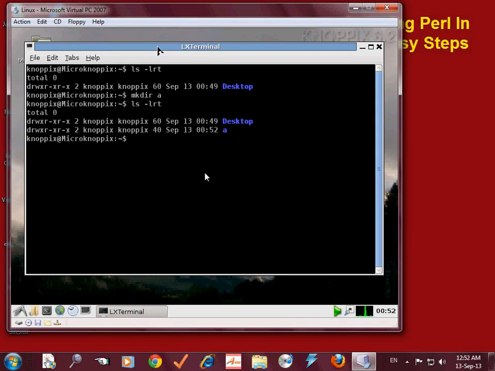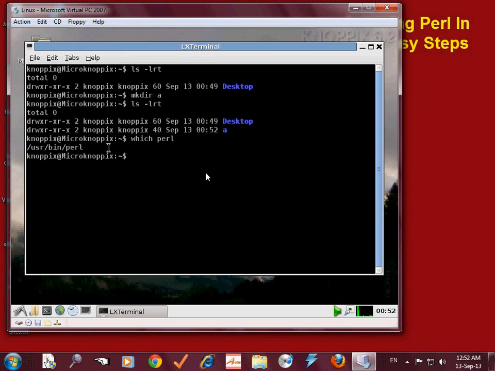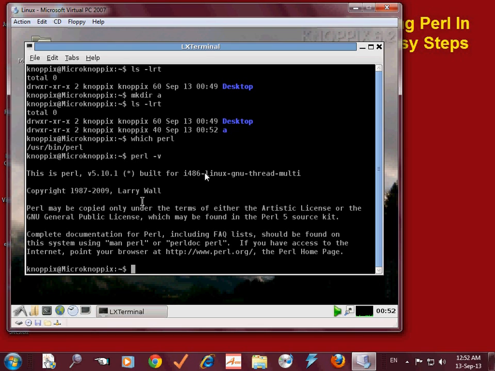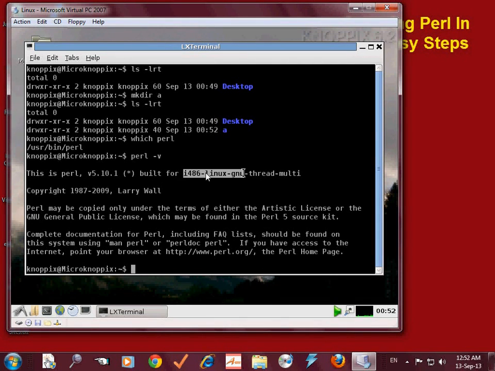Similarly, we have Perl also available. To check if we have Perl available or not, I'll fire the command which perl. If I press enter, I'll get the full path where that Perl is available, like /usr/bin/perl. So /usr/bin is the directory from where this Perl binary is available for us to execute from anywhere. If I want to check the version of Perl, I can fire the command perl -v. Using this, we can come to know this is version 5.10.1 built for this Linux GNU